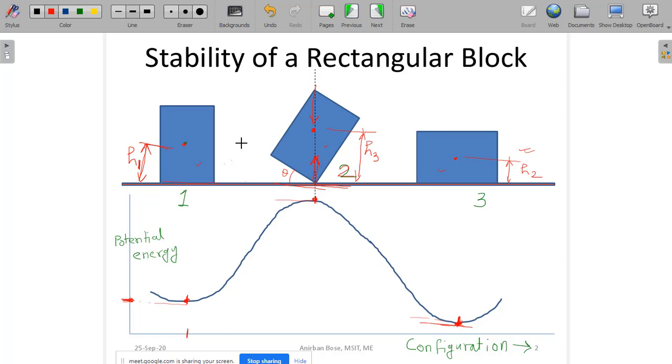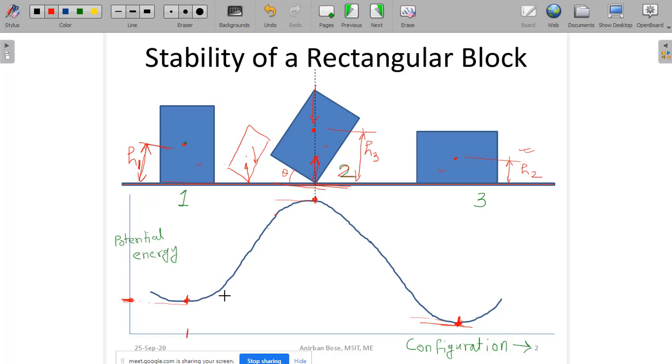And definitely for those non-equilibrium configurations, if theta is slightly smaller than this one, if you just try to think of that particular configuration where G and the normal reaction are acting in different directions, definitely this is not a situation where equilibrium will be maintained, because there is a net resultant moment that is going to act. It is not in equilibrium, and that position you can understand is such that the position of CG is just below this maximum one, so maybe some intermediate position.